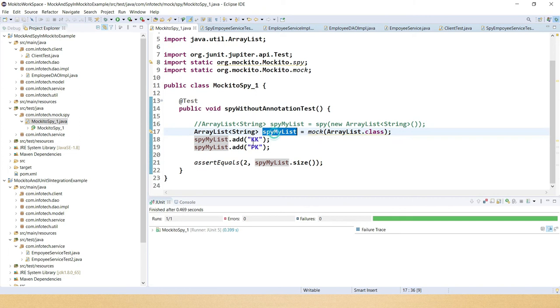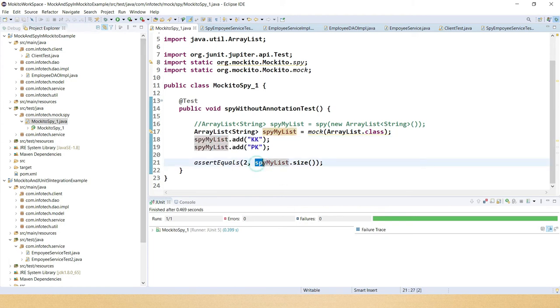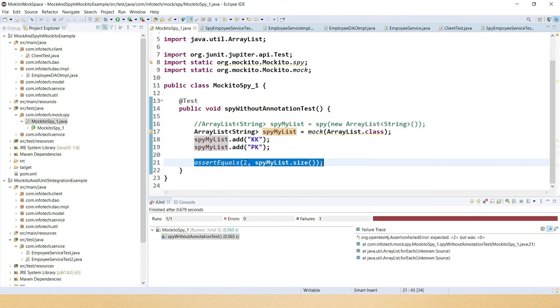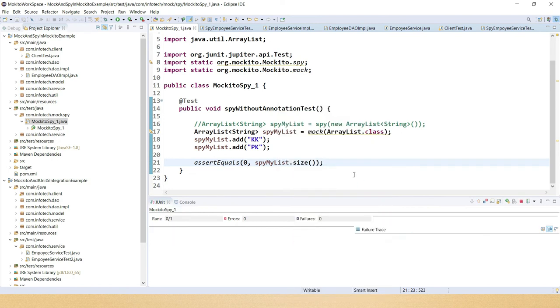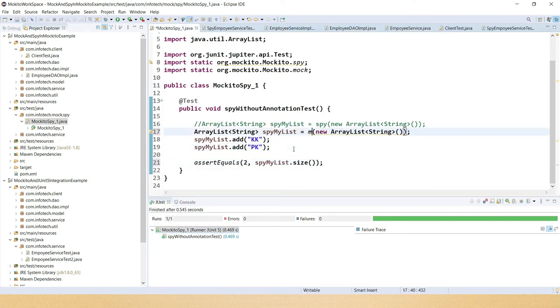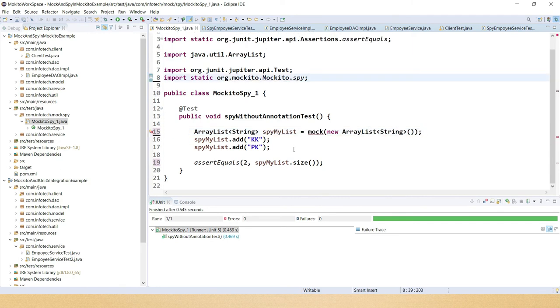So when you call the add method on a mock, then this is not going to call the actual add method, right? And when you try to check the size, this would be 0 instead, so this test is going to fail, unless you compare with 0, right? So here you can see it says expected 2 but was 0. If you put 0 over here, then this case is going to pass when you create a mock, because mock doesn't call the actual methods, right? So I hope you understood. So let me revert these things. I'll keep it for a spy only.